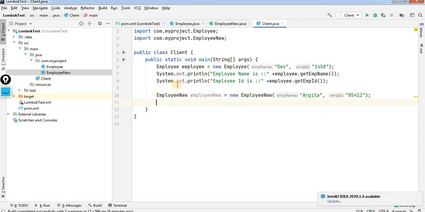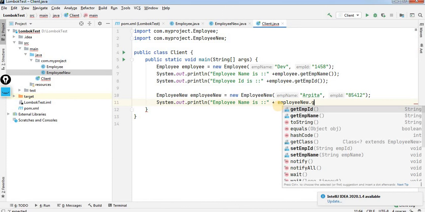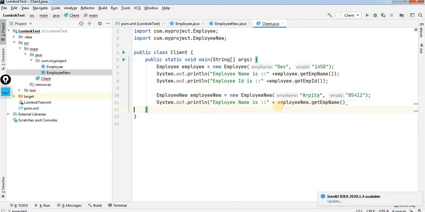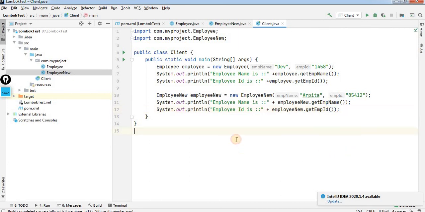Let us go and check what the employee name is here. So this will be employeeNew.getEmployeeName. It is available, you can see. And second is the employee ID, getEmployeeID. So here I will provide new employee name and new employee ID.